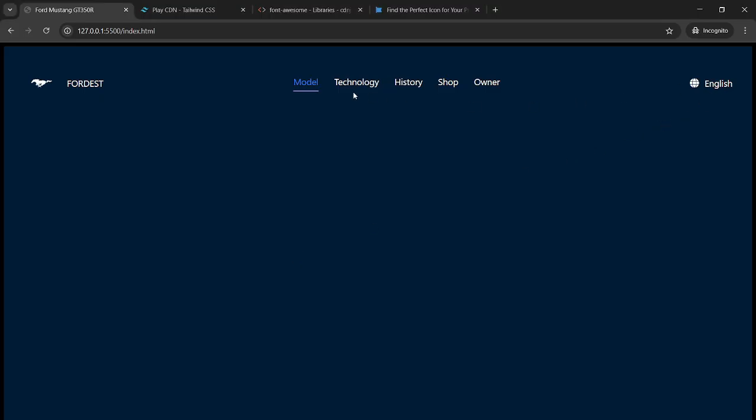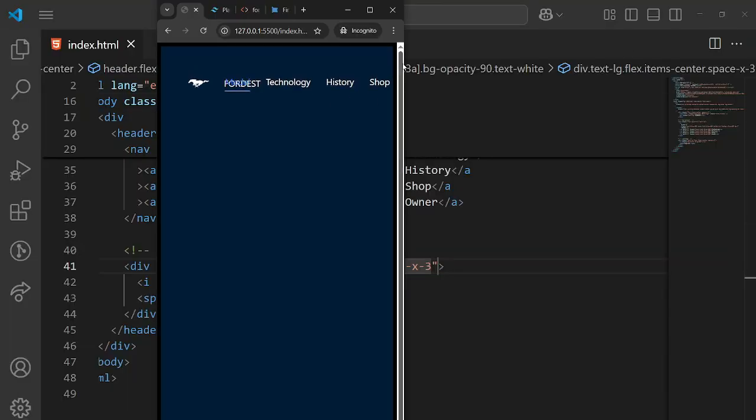Now this looks absolutely awesome. So our navigation bar is done. So let me show you in the mobile screen. Okay, so if I change to a smaller screen, our navigation bar is not looking good. So for that, what I have to do is, in the mobile screen, I'm not going to show this